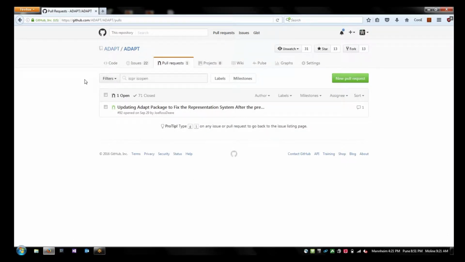Pull and push are a little counterintuitive in GitHub. A pull request is actually a request that the Adapt project pull code from my fork. So a lot of people think it makes more sense to call it a push request because I'm pushing code from my repository to the Adapt repository. I don't know why they called it the way they did, but